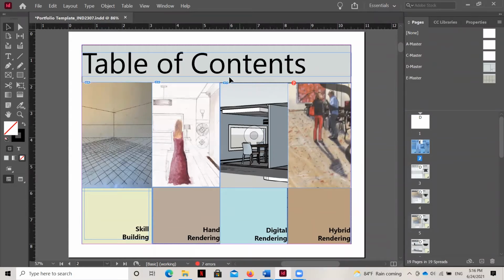So within an InDesign file, like we see here, there's a bunch of images that have been placed inside. And right here, the images that you see are a preview of the images themselves, but these are actually just linking back to the location of the file on my computer, because InDesign knows when I went to place these images, I showed InDesign where on my computer the original images were. So InDesign knows that all of these images are somewhere on my computer and it knows exactly where they are.